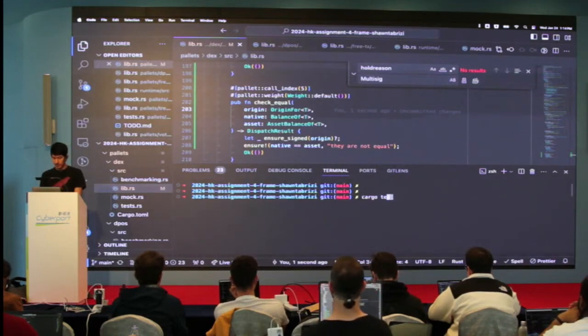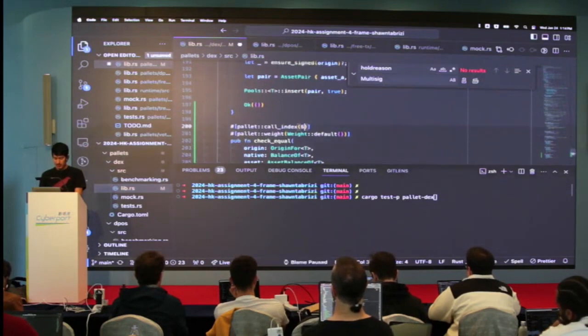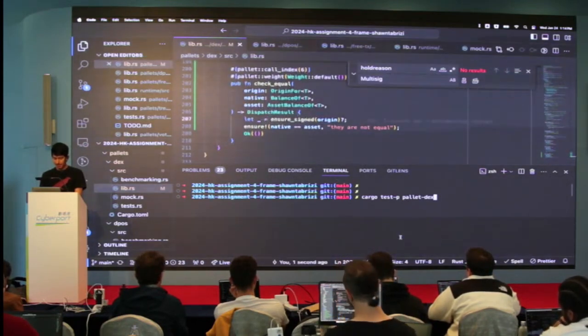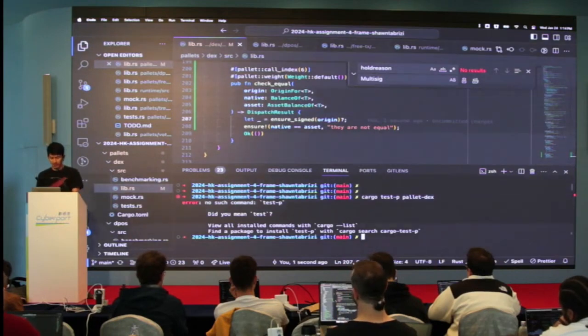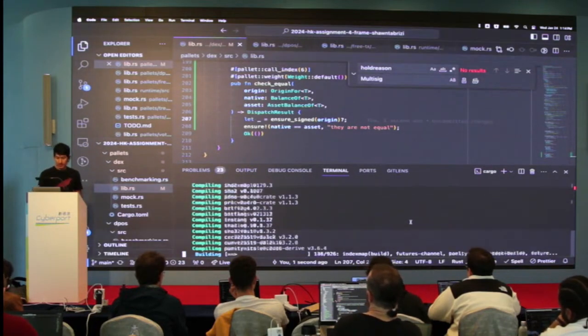Okay, let me see. Test pallet DEX. I'm also missing this index thing. So index is 6. I'm missing an equal sign. Oh, equal. Thank you. Paying attention. Very good. You're helping me out. Cargo test pallet DEX. Okay, it's compiling for that.